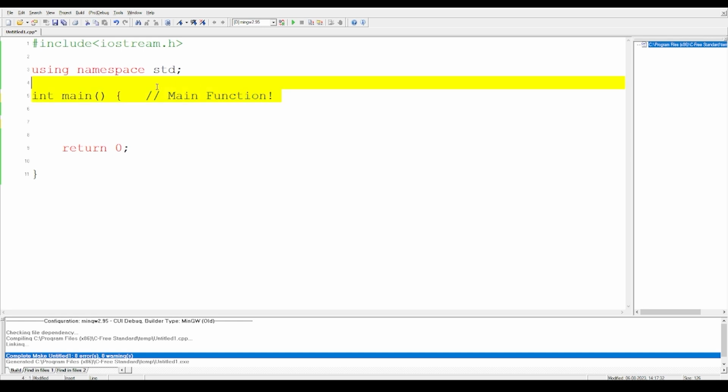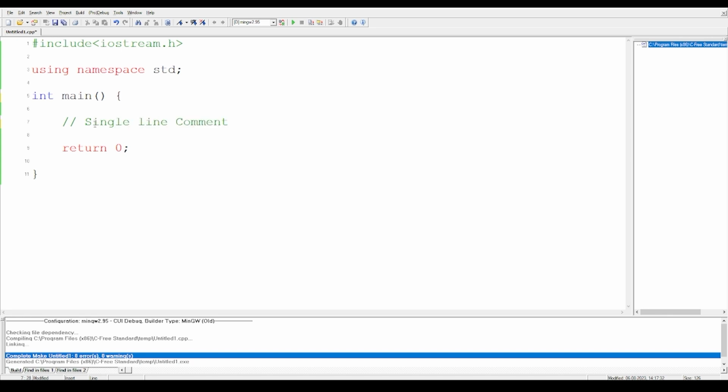This kind of comment, where we use these two slashes, is called a single line comment. What does that mean? For example, I cannot continue this in the next line. That means if I write here, that thing won't be a comment, because only this line is the comment. So you cannot come down to the next line. So it's a single line comment. You cannot use multiple lines.